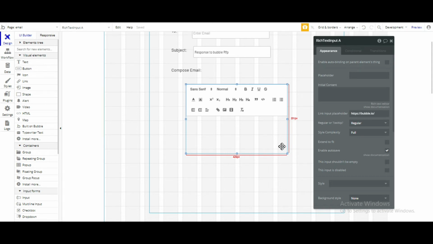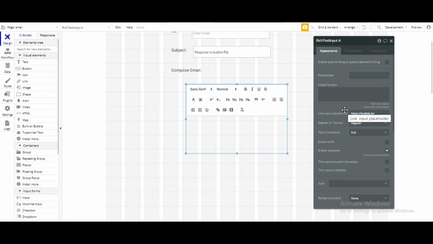So how do we enter the default body which we want in every email, so that we don't have to write or type our message again and again? Under the initial content, click on this rich text editor here. Here you can write your email body, whatever you want. And notice how here also you are given so many different options to bold, italics, underline the text, font color, font size, and all these things.